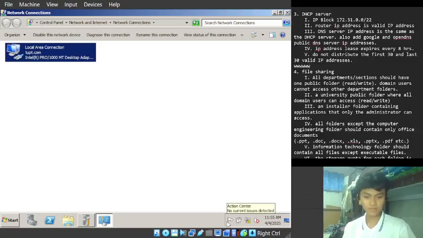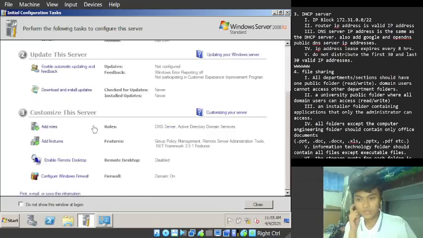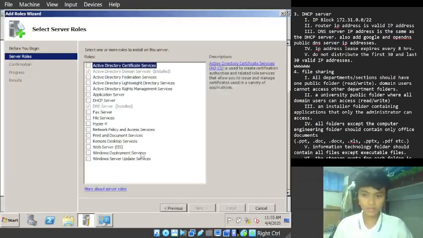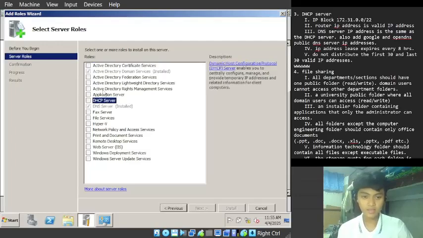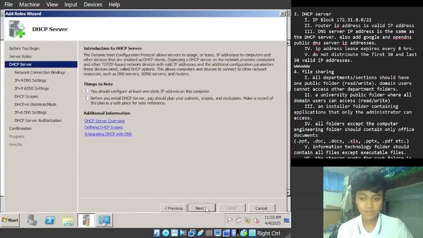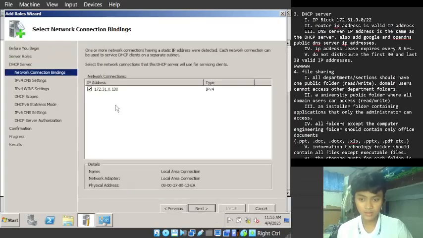Now after that, what we're going to do next is install our DHCP server. So go to our initial configuration tasks, add roles, next, and then select the DHCP server. Then next, and on this, we're going to go to